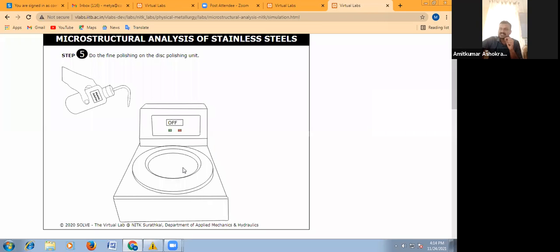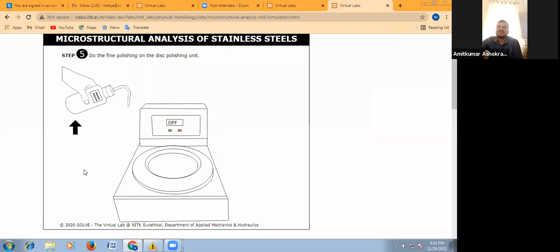Fine polishing cloth will be there on this disc. Just add this alumina solution, then place the specimen on this disc and turn the machine on.